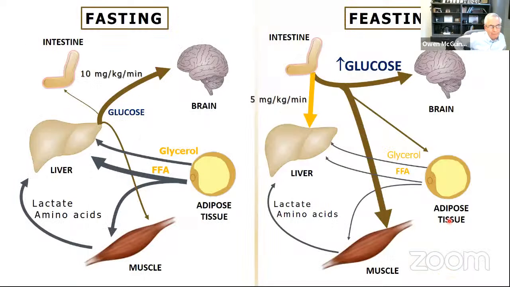So if we go back to this idea of feasting and fasting, in the fasting state, the liver is making glucose, and we'll use a number of 10 milligrams per kilogram per minute. A lot of that carbon is derived from glycogenolysis and gluconeogenesis from this recycling of carbon. In this feasting state with hyperglycemia, we converted the liver to a big glucose consumer, 5 milligrams per kilogram per minute. That's a dramatic shift. So this is a large